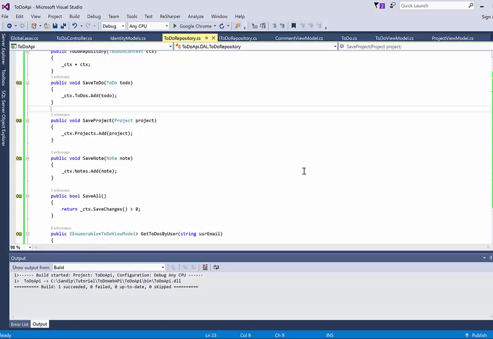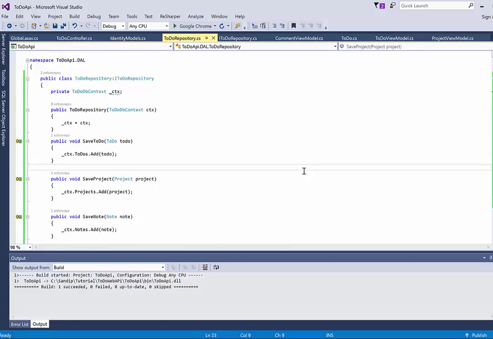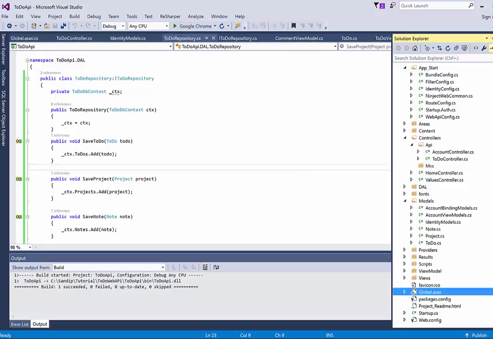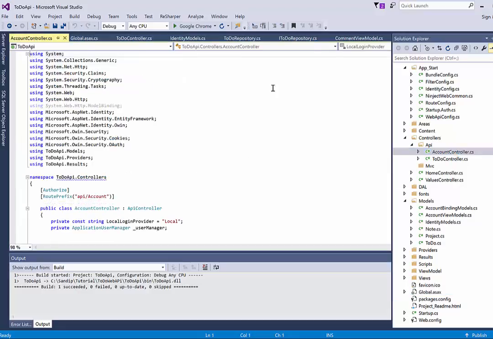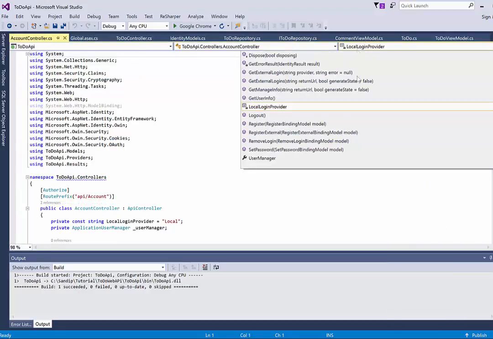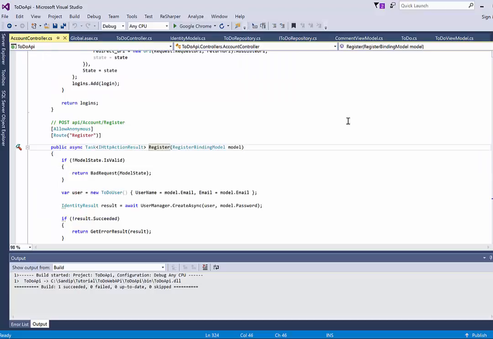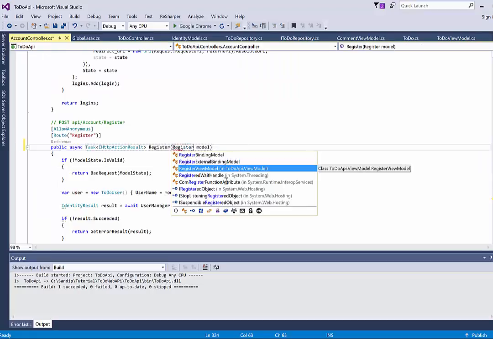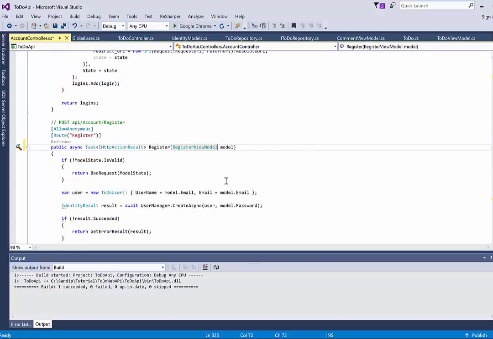Now let us write a function or modify the function that is used to register the user into the system. So let's go to the account controller. Let's navigate to register. Here we'll be passing the register view model, but before that I want to facilitate logging of the important